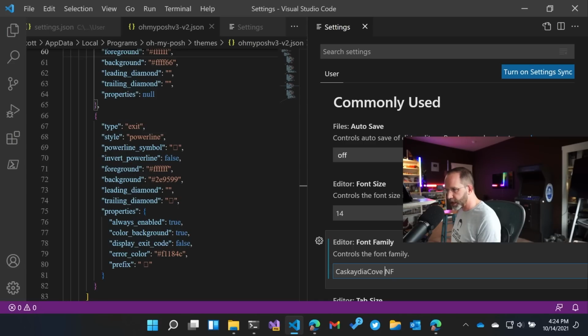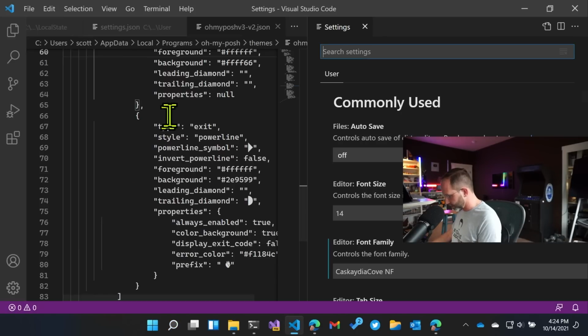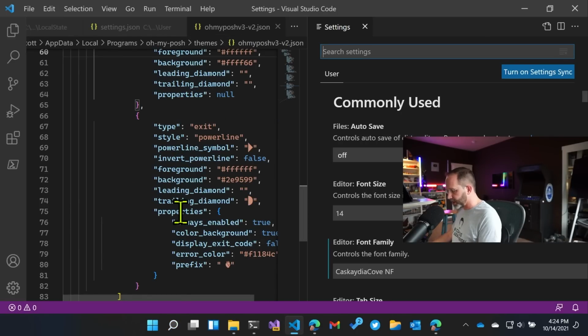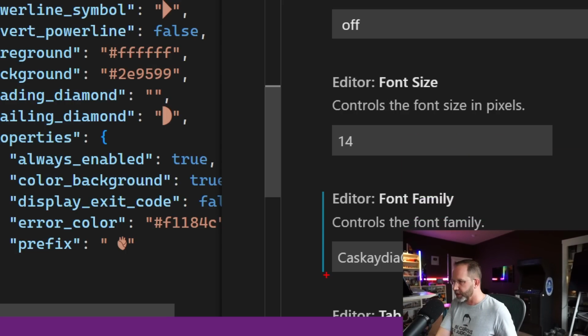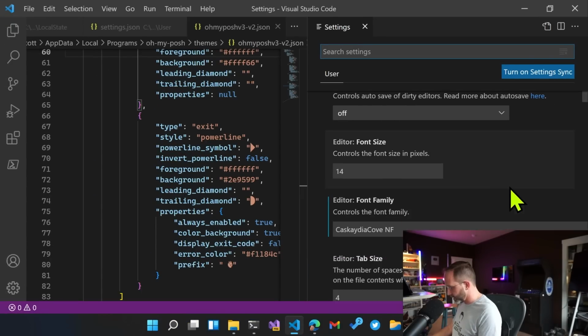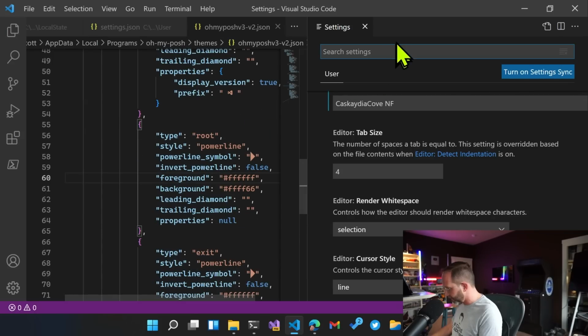Oh, Cascadia Code. I'm going to take a chance and reload this whole thing. When all else fails, turn it off and turn it on again. Look at that. So there was something about that font that was preventing Visual Studio Code from catching it on the first try. So I was actually right, but Visual Studio Code did not agree. Isn't that frustrating sometimes? So put in the name of your font, and then you'll notice now